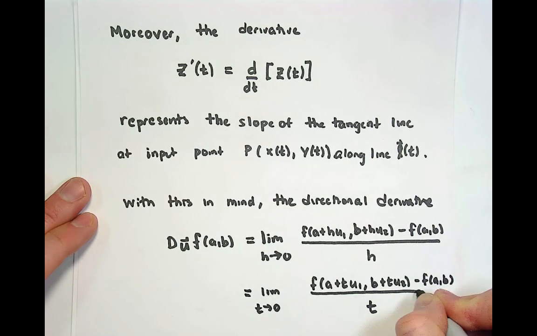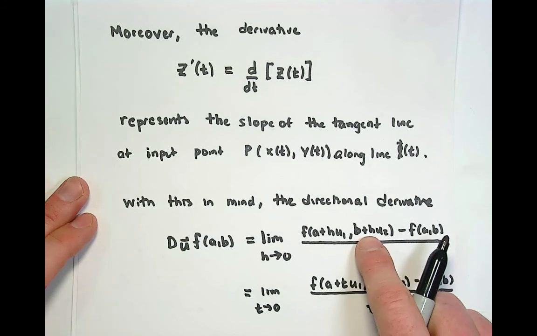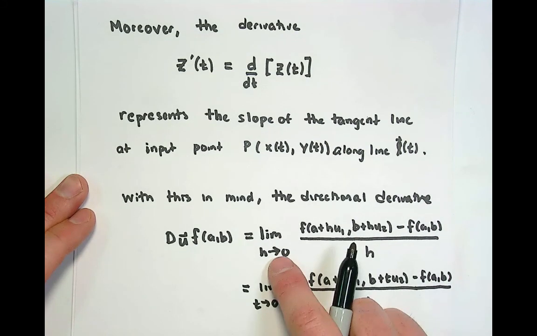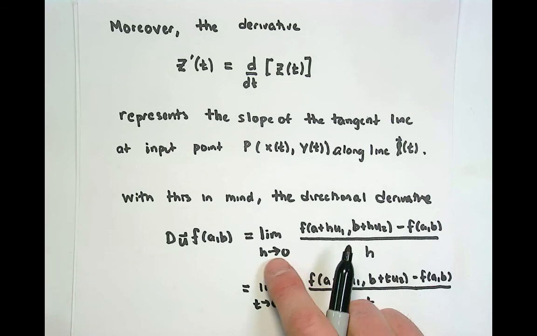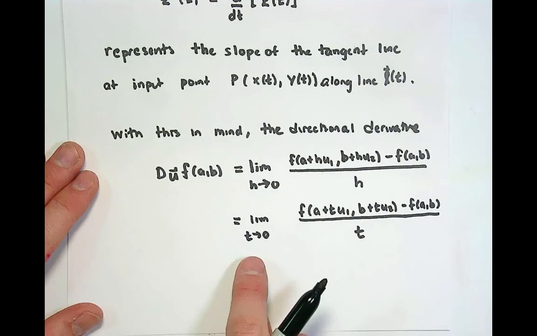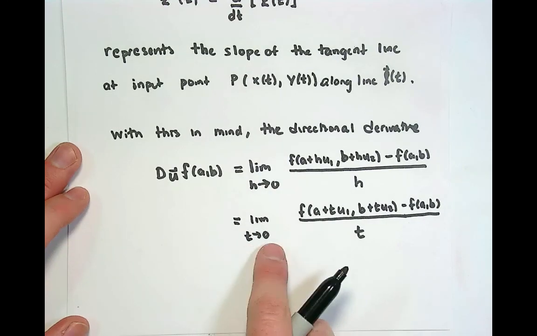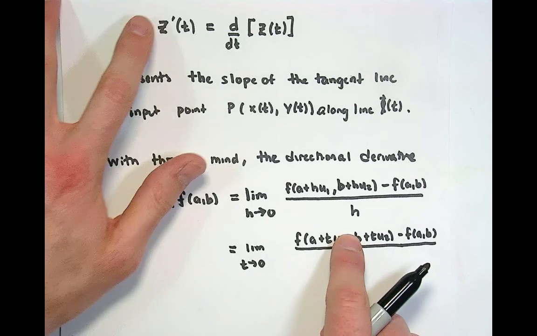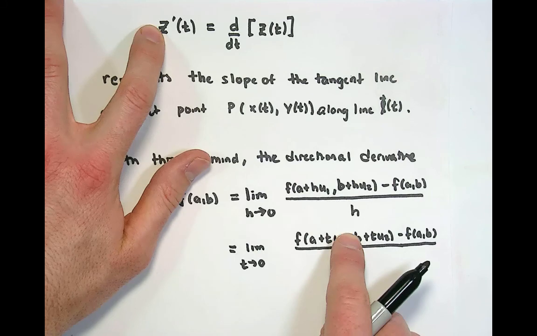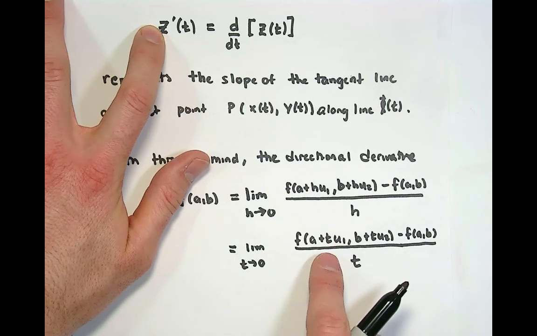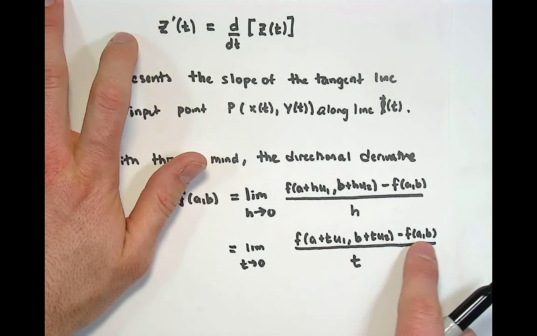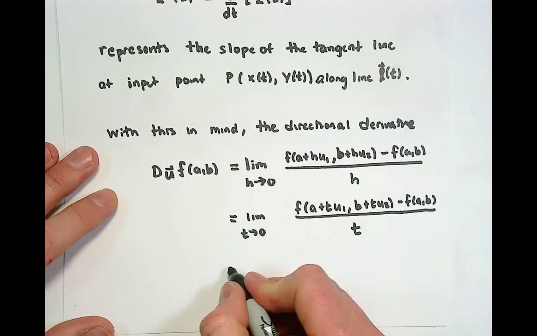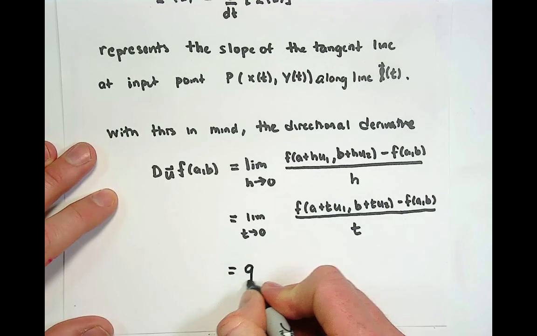Remember, the reason that we use the parameter h in that original definition was that we like our limits of secant lines to have parameter h. But in this case, when we have t going to 0, we can now think about this as a derivative of the single variable function z with respect to a parameter t, and we're going to do this at t equals 0. So this is now what we call